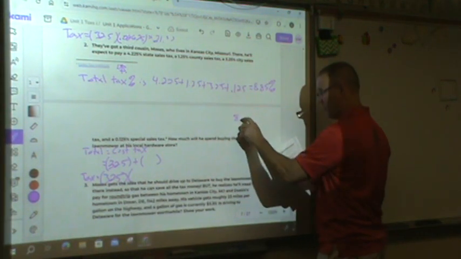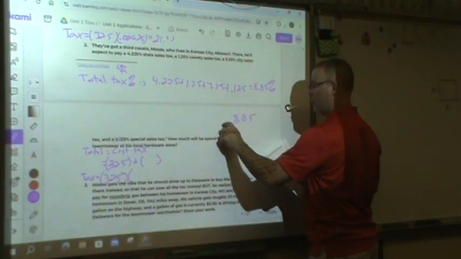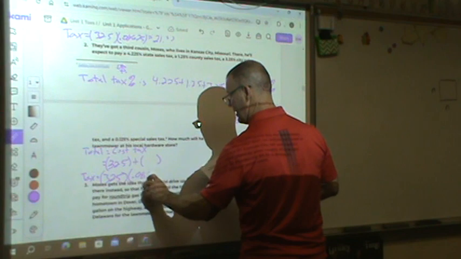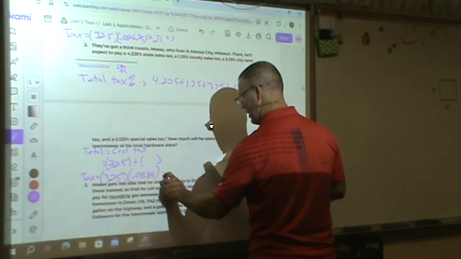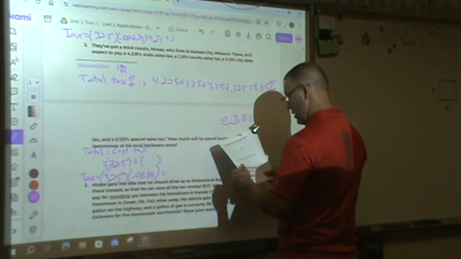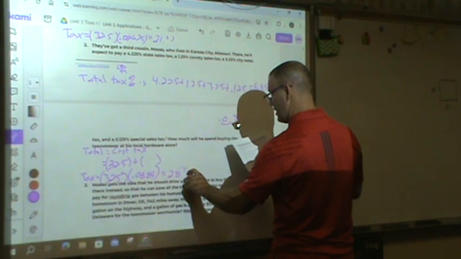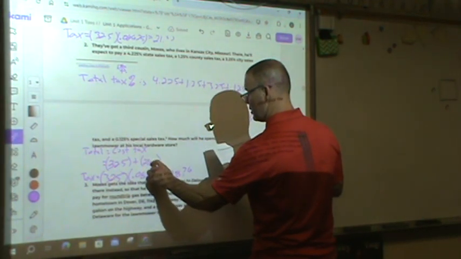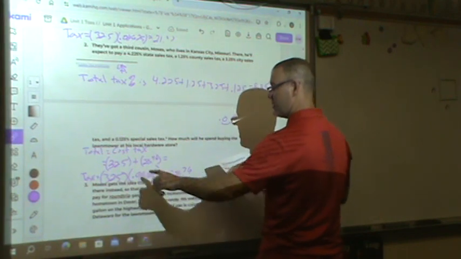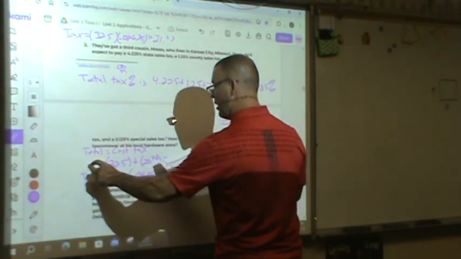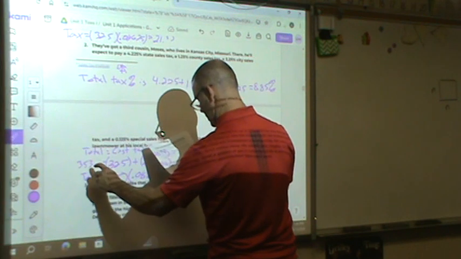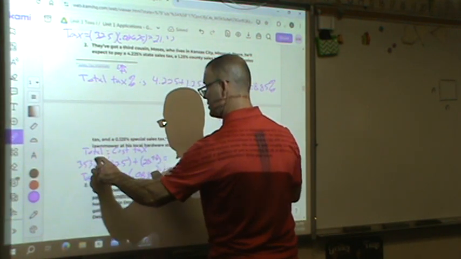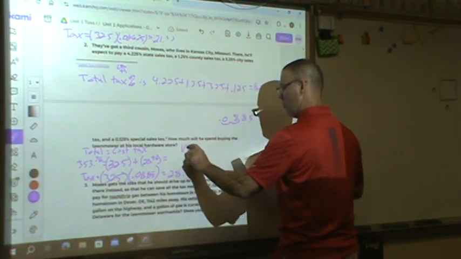And again, if you have to, 8.85, move it over 2 places. It's going to be 0.0885, and that's going to give you a total of $28.76 in taxes. So $28.76, that's going to give you a total bill of $353.76. So Moses